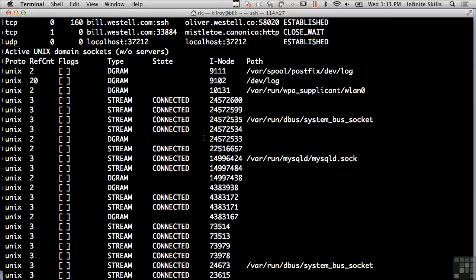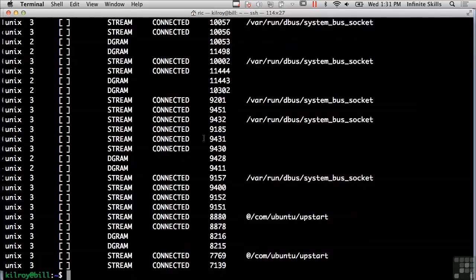Those would be local sockets that are communicating with processes on my local system. So again, I've got netstat here under Linux, and some of the flags may behave a little bit differently, or you may call it a little bit differently, but the information that it's going to provide is more or less